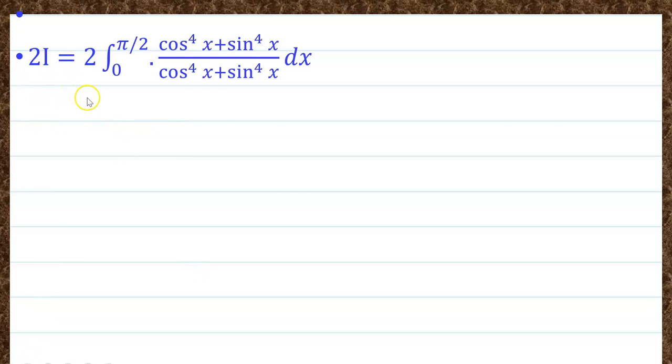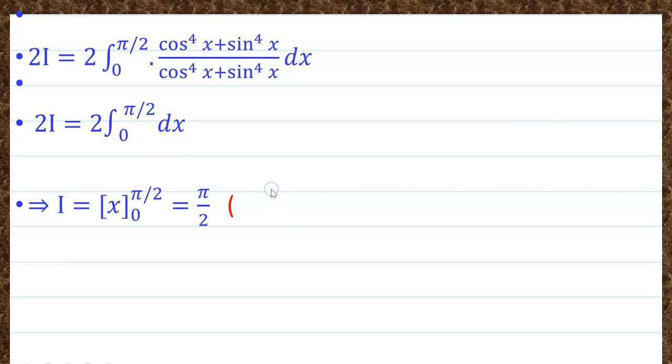Therefore 2I is equals to 2 times integral 0 to pi by 2 cos of x raised to 4 plus sin of x raised to 4 upon cos of x raised to 4 plus sin of x raised to 4 into dx. Numerator denominator दोन्ही सेम आहे ते कट होणार and that is 2I is equals to 2 times integral 0 to pi by 2 dx. आता dx इंटिग्रल तिथे x येणार आणि लिमिट 0 to pi by 2 सबस्टिट्यूट, इथे 2 2 कट होणार, therefore